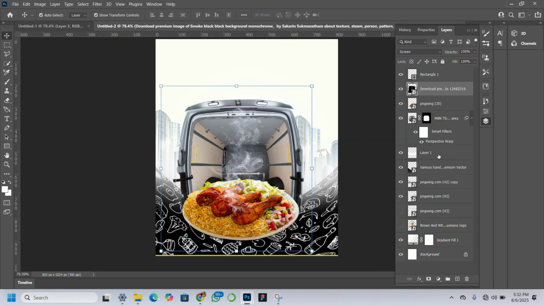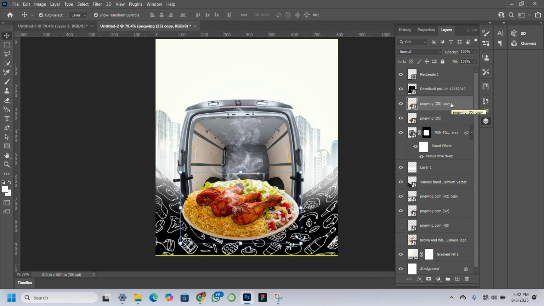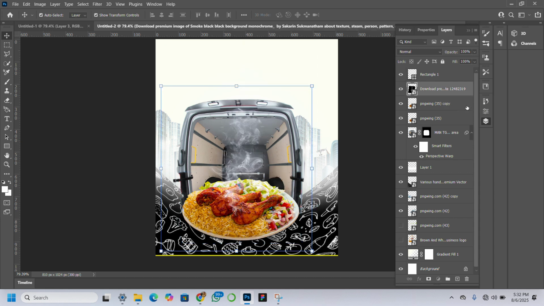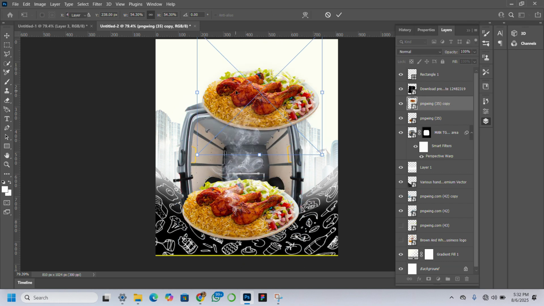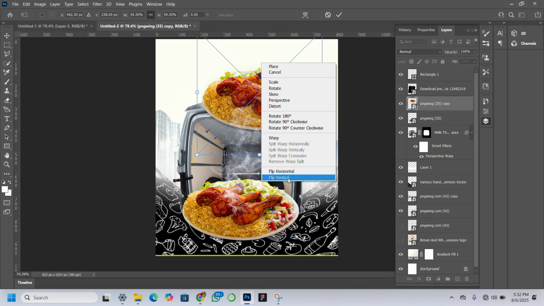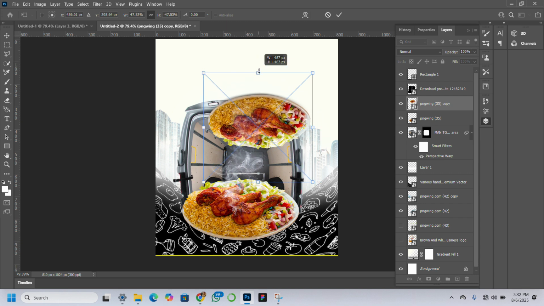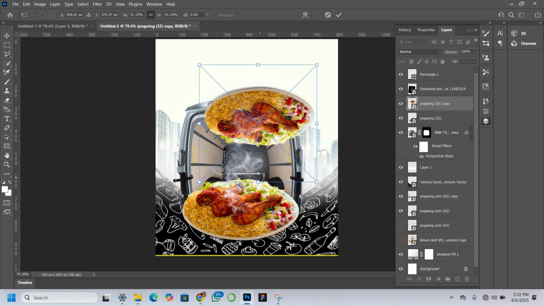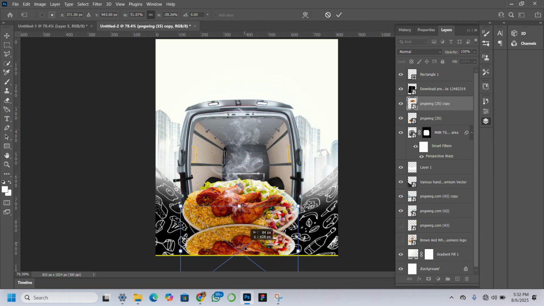Then after this, the next thing I'll do is I'll go back to my layers, and then I'm just going to hold on to this particular food. I'll Control J to duplicate. I'll just bring out the copy. Okay, sorry. I'll click Control T, then I'll bring it out like this. Enter. Then I'm going to flip it. Control T, right click, flip vertical. I want to flip it upside down because I want to create something like a shadow of the food. I'll hold my shift key, and then I'll make it this way, and I'll bring it down to this point. Let me zoom in